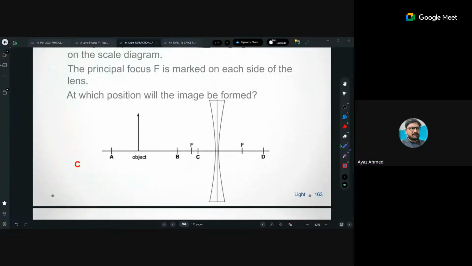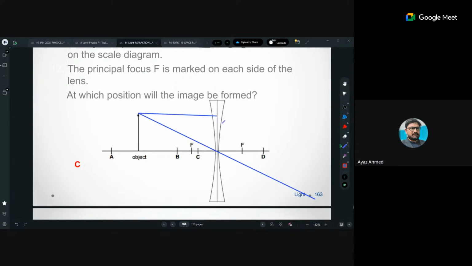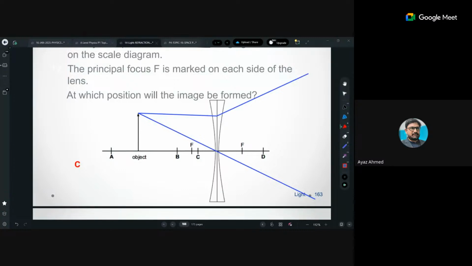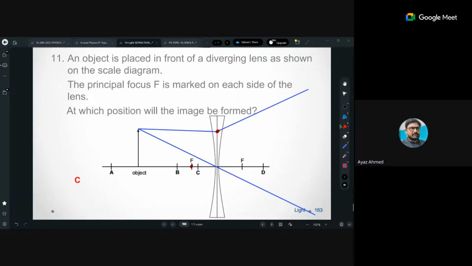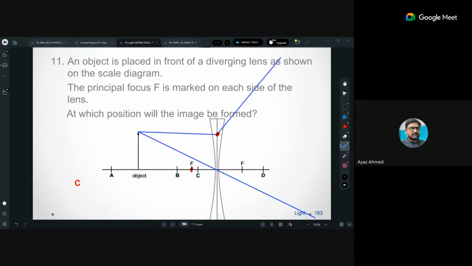हाँ, ये एक चीज आप लोगों को, डाइवर्जिंग लेंस का एक क्वेश्चन आया हुआ है. सो you have to follow the same rule, nothing is different। ऑब्जेक्ट से एक लाइट रे ड्रॉ करिए which should pass through the center, optical center, simple। And because it is diverging lens, so the light which will be parallel to the principal axis before it will be diverged, and when it will be diverged, आपने क्या करना है, आपने इसकी डाइवर्जेंस के बाद ये वाला पॉइंट, ठीक है, और हाँ, इसको आपने इतना डाइवर्ज जरूर करवाना है कि वंस यू आर जॉइनिंग दीज टू पॉइंट्स, ये ज्वाइन हो जाए आपस में। ये मैं अभी आपको इसकी टेक्निक बताता हूँ।